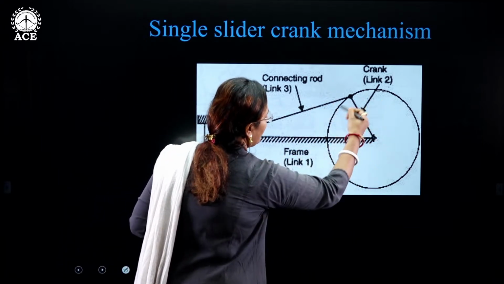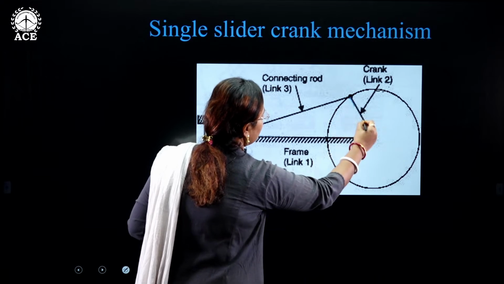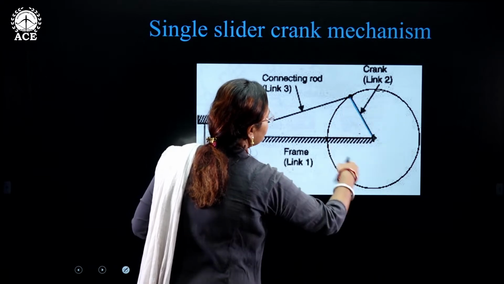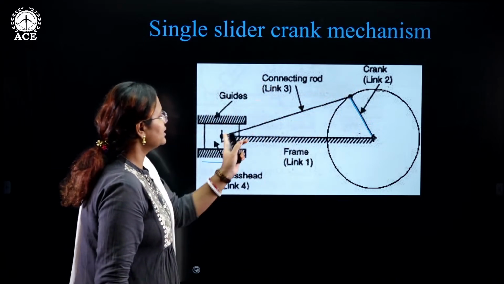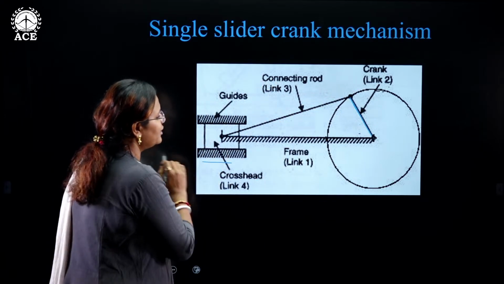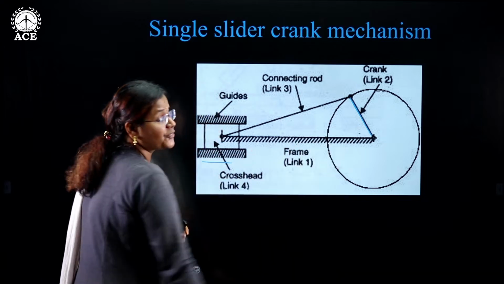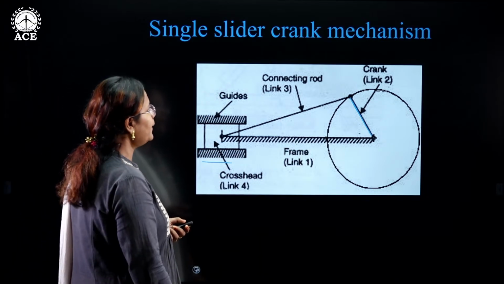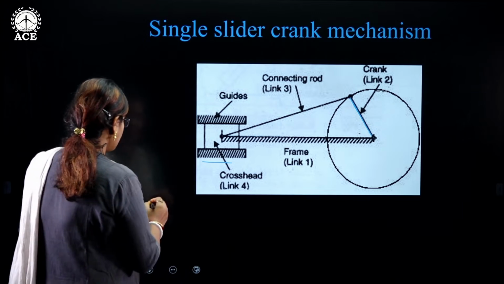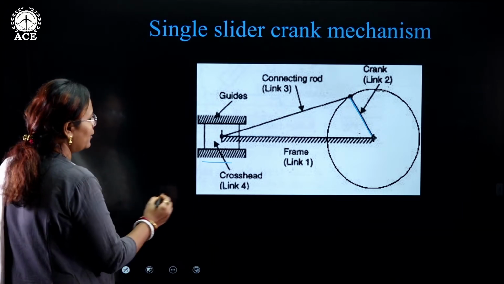See, this is the crank path. This particular link is completing one whole revolution, so this is called the crank. See, it is named as crank. This is the connecting rod. This is the slider, and this particular thing is fixed, so that is called the frame. Okay. So see, here if I want to find out, let us say,